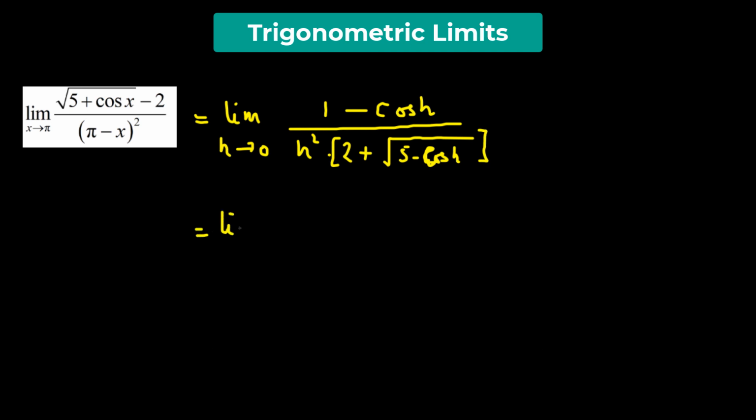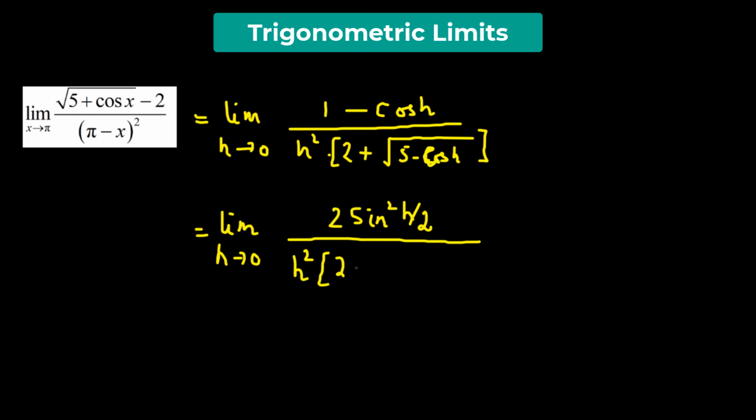Now we know that 1 minus cosine of h is equal to 2 times sine squared of h over 2, divided by h squared times 2 plus the square root of 5 minus cosine of h. So we're going to divide the denominator, which is h squared, by 4, and we're going to multiply by 4. So that finally gives us 2 over 4